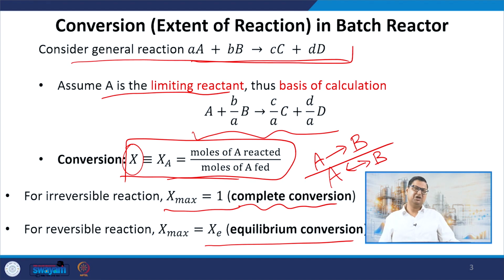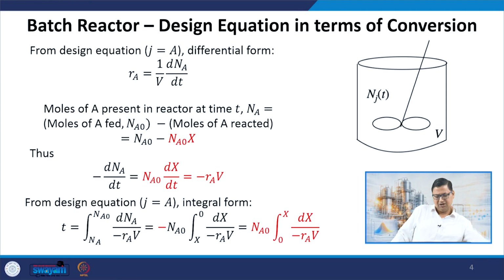So, when we have a reversible reaction, then this x max cannot go to 1. It can go to a maximum value that is defined as the equilibrium conversion. So, now let me write the design equations that we have already obtained in the last lecture in terms of conversion, right. So, this is what we have obtained in the last class,